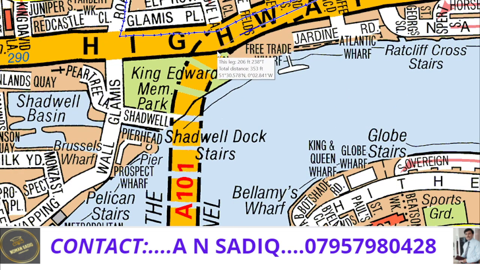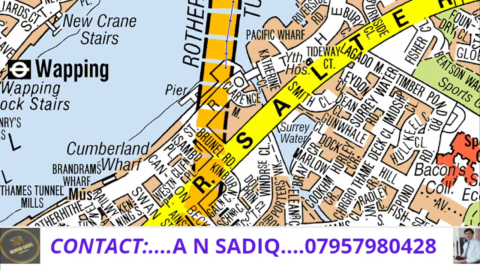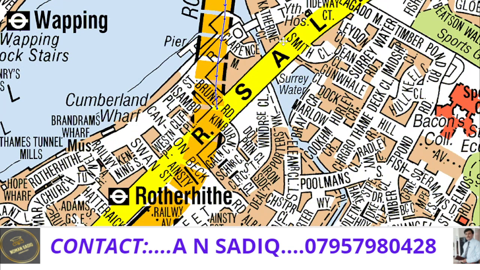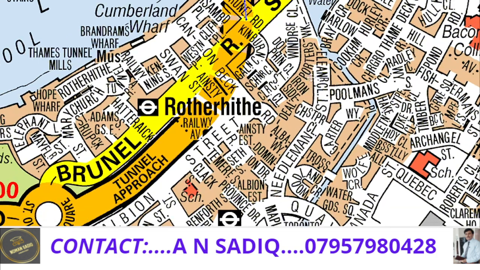From here I will continue my journey like this, and I am going through the tunnel, and this is the portion underneath the water, which is the River Thames. When I reach here, this is another road. This is a B road, and it is at the top. So always remember, this is A road and this is B road, but B road is at the top. You can't go in this direction. Still you are underneath, so you will go like this, here,